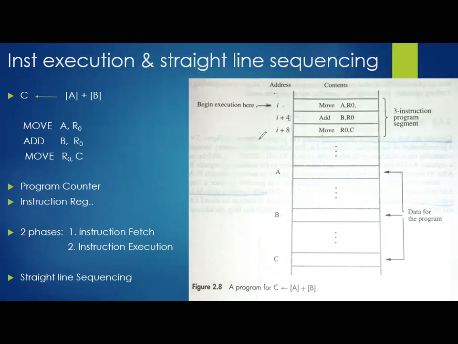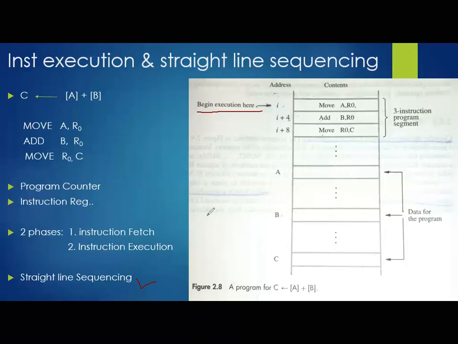Clear? Then, for what purpose are we mentioning that execution begins over here? Because of this straight line sequencing. Whenever we try to execute any particular program, we begin with the first line. Remember, we don't begin with line number 100. If your complete program is 200 lines, we won't begin our execution from line number 100 or 150. We will begin with line number 1 itself, starting from line number 1 till we reach line number 200, executing instructions one after the other.